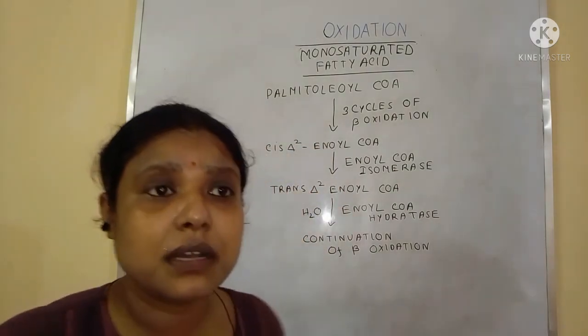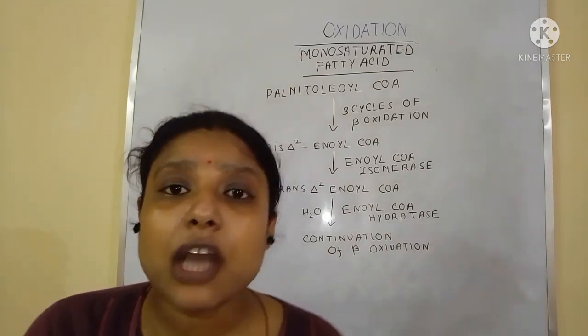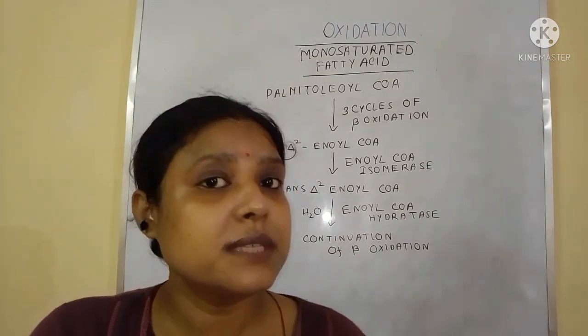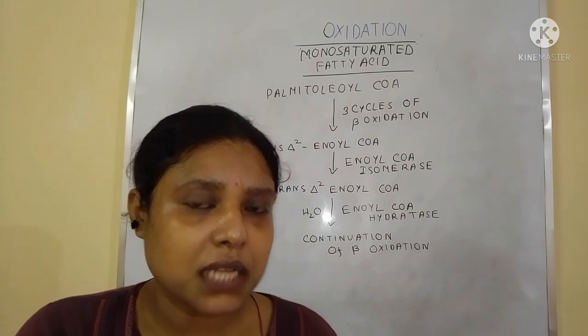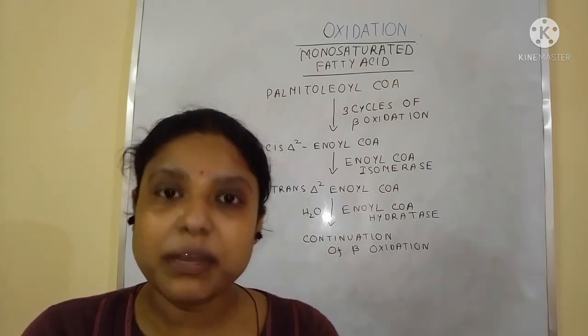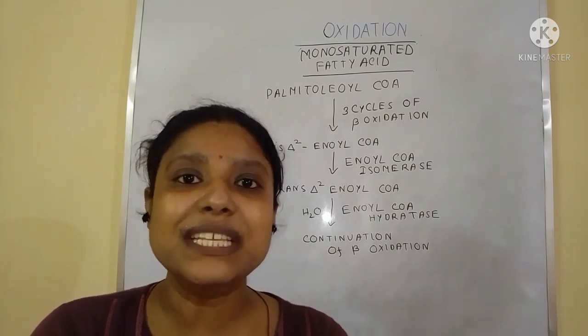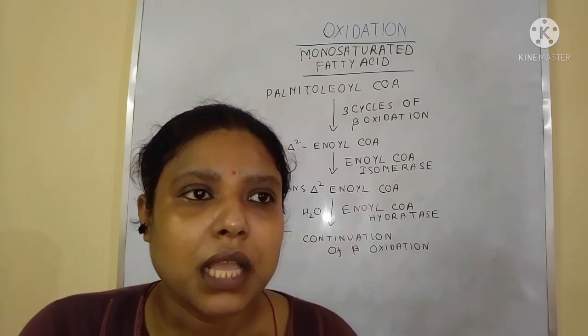First of all, you should learn that beta oxidation is possible until the double bond of the carbon is reached. That means